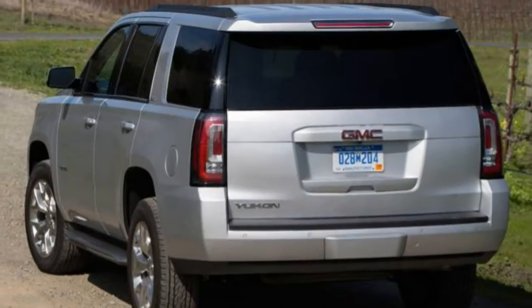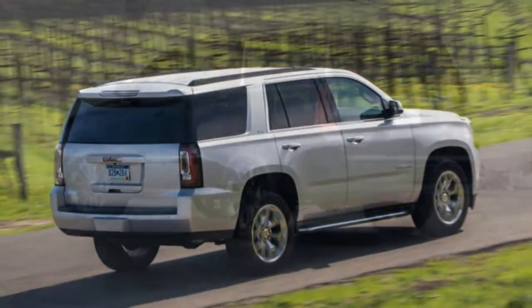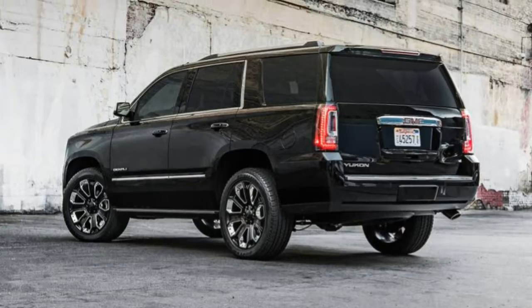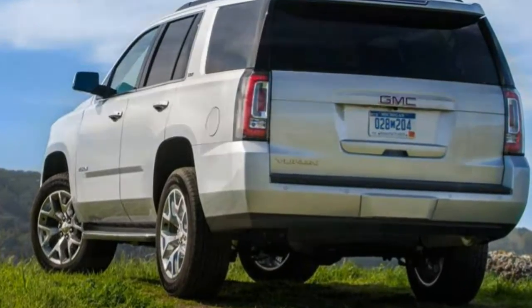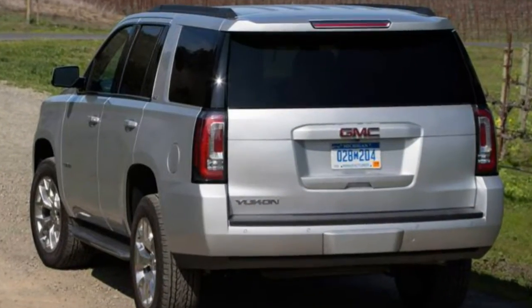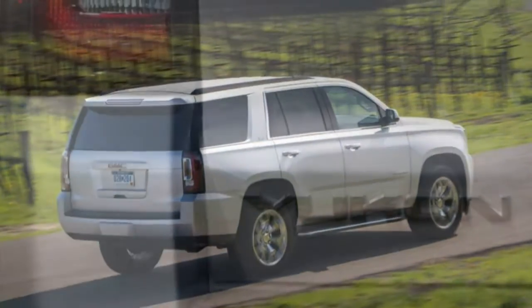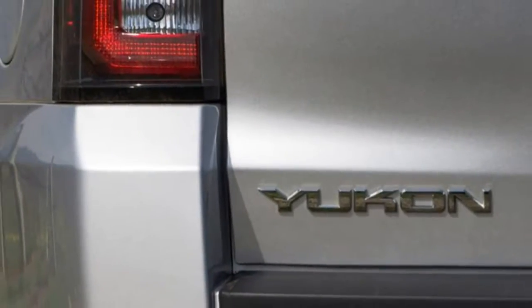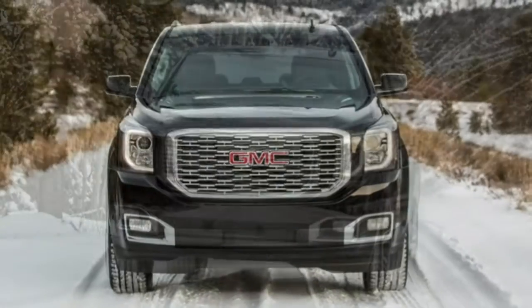Standard features for the SLE trim include 18-inch wheels, heated mirrors, fog lights, side steps, roof rails, front and rear parking sensors, automatic wipers, cruise control, remote keyless entry and ignition, and a trailer hitch receiver with a wiring harness. On the inside, you have automatic climate control, front bucket seats with a 10-way power adjustable driver